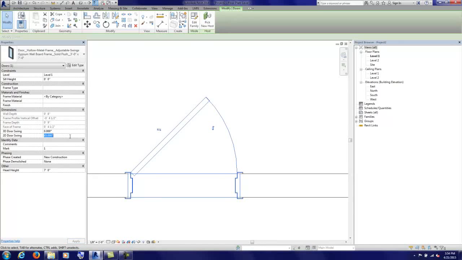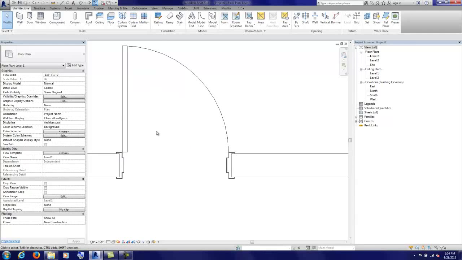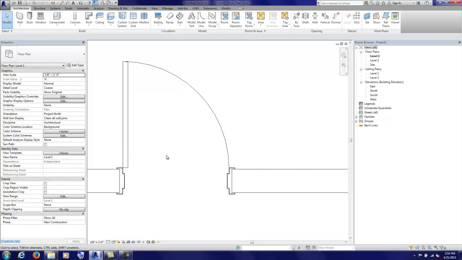Don't change it to 0 on the 2D. You'll never typically show a 2D door swing at 0. The reason it gives me that error saying it can't make the door type is if the 2D swing is at 0, this arc eventually goes away, which means Revit doesn't know how to deal with deleting a line that was already in the family. So that's why I got the error message. Also, there is a little bit of a workaround with that. If you wanted to, you could extend this arc a little bit further down, and then it wouldn't ever go to basically 0. Looking at this in 3D,